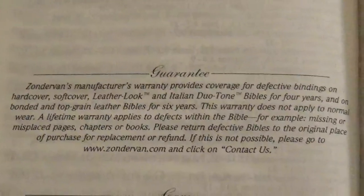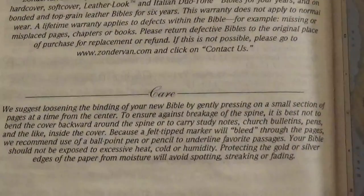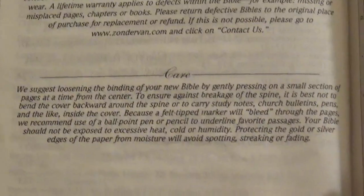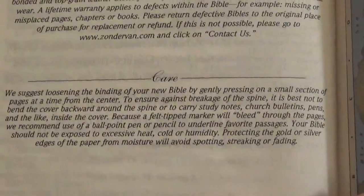And then you get into the guarantee on this, the Zondervan guarantee, and then care. This is something that's forgotten by a lot of people, how to care for your Bible. So yeah. And then you have your map section, and they do use the glossy paper, which, you know,